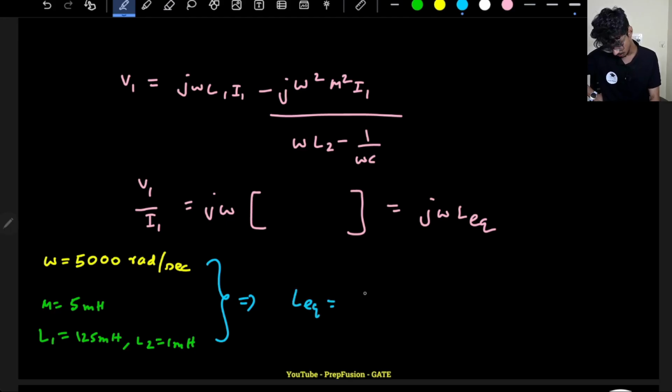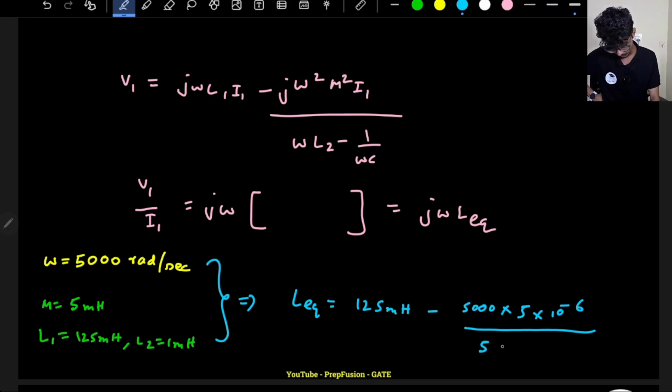It will be L1, which is 125 milli, minus omega, that is 5,000, into M square. M square will be 5 milli square, basically 5 into 10 raised to power minus 6, divided by omega into L2. Omega into L2 is 1 milli multiplied by 5,000, so it will be 5 only, minus